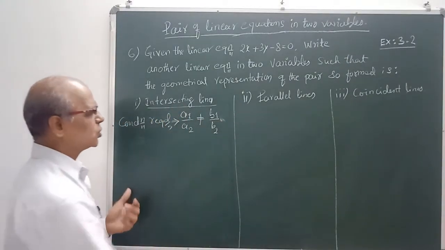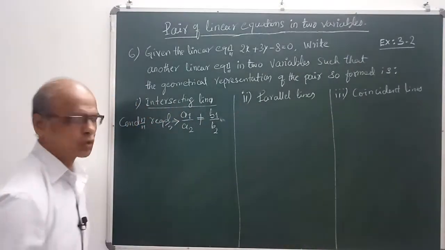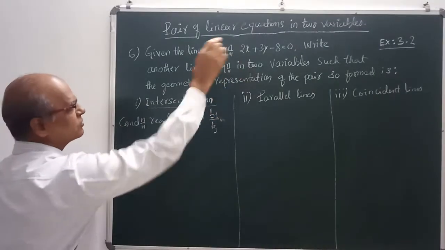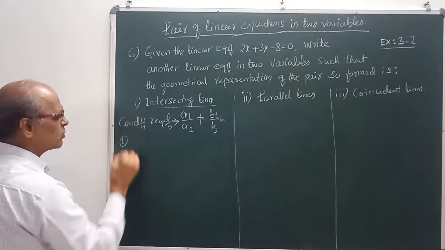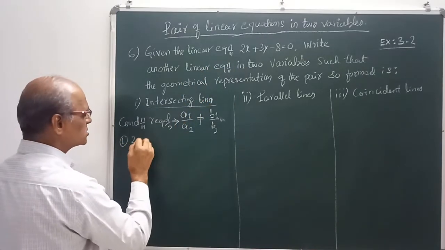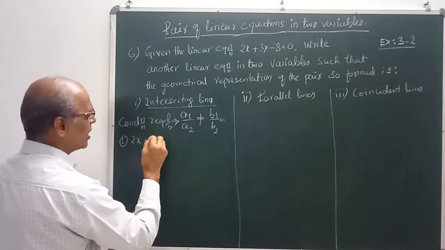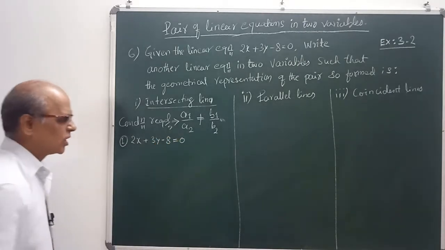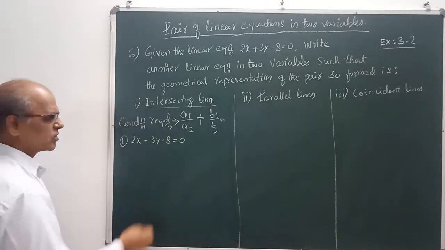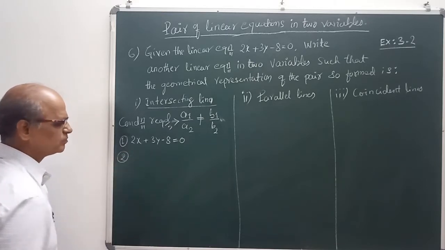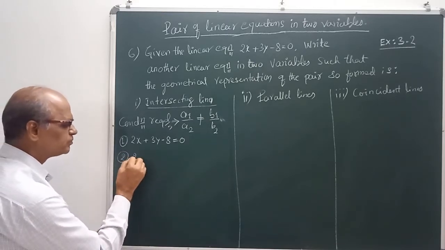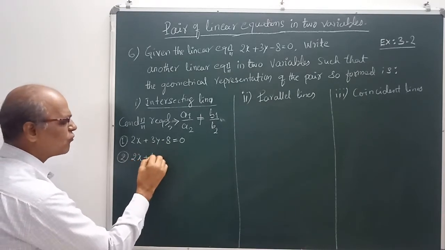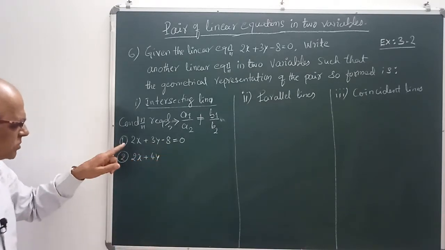This is what is required. Understood? So what is the condition required here? Next I will solve this. So according to this condition we have to frame the second. What is the first equation given? Equation number 1 given is 2x plus 3y minus 8 is equal to 0. Now we have to write the second equation, right? What is the second equation? You can take 2, right? Again 2x plus 4y, because you see